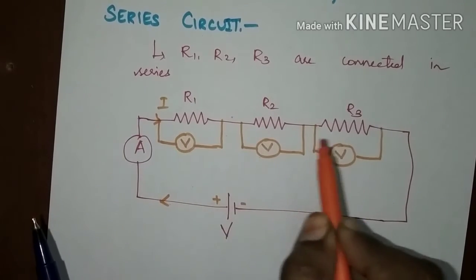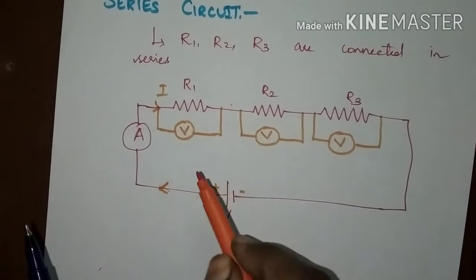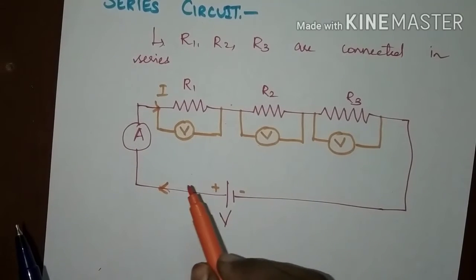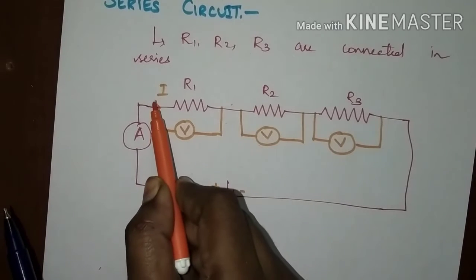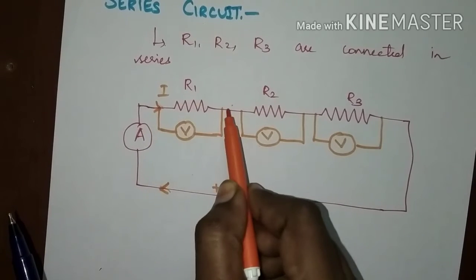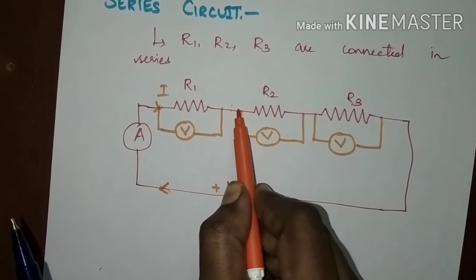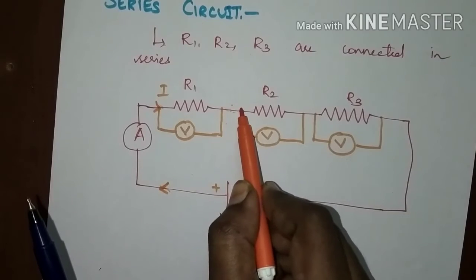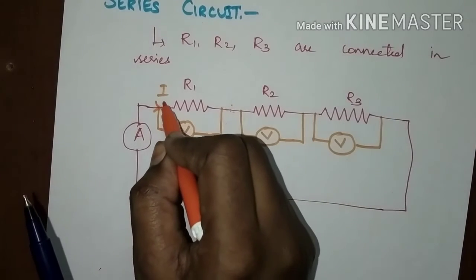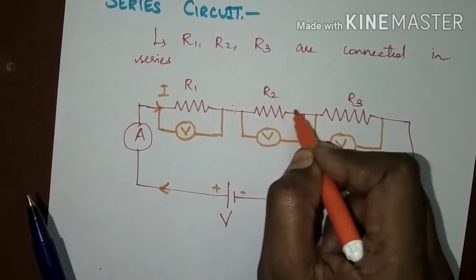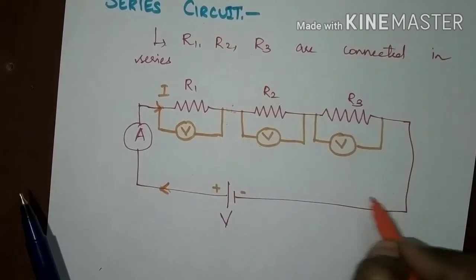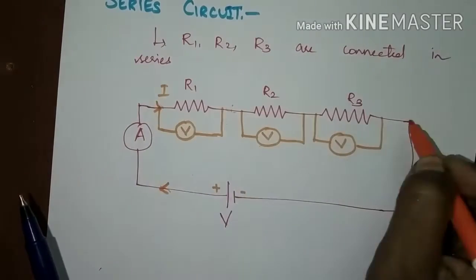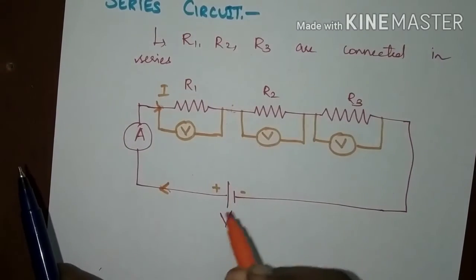Why are we measuring each voltage value separately? Because the current will flow at an equal value throughout the circuit. In a series circuit, see here, the current will enter the terminal of R1 and leave R2 as the same current, right? In a series circuit, the current is the same. Assume you are giving 5 ampere of current. This 5 ampere of current only will flow through R1, R2 and R3. The current will be the same in the entire circuit. It is not going to break a path and move somewhere else. It will go through this path only. So, the current cannot change in the series circuit.